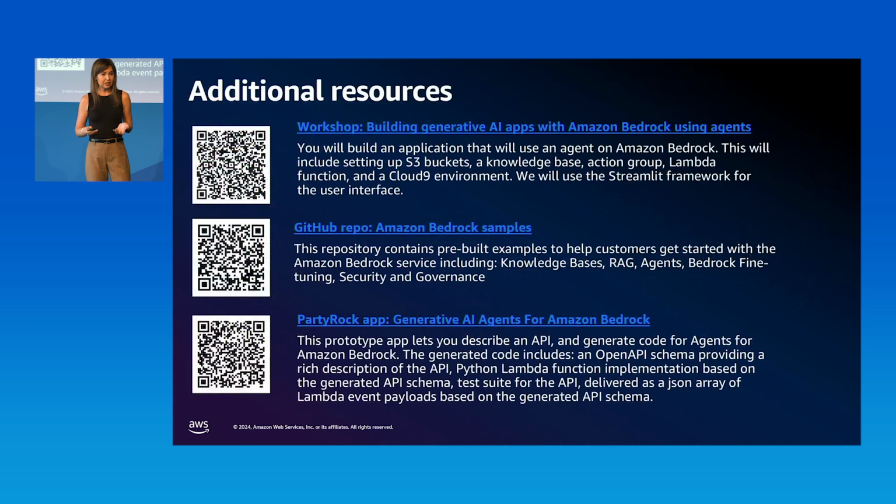Now, to help you get started, I think the best way to learn is by building. We prepared a few resources. You can take a picture of this. So the first is a workshop. The workshop provides step-by-step how to build AI agents with some of the examples, some of the things that we couldn't cover in today's session, about fine-tuning, how to build security. So you can also try it in this workshop. Second is a GitHub repo. That's where you can find a lot of code samples that you can utilize using different examples. And lastly,